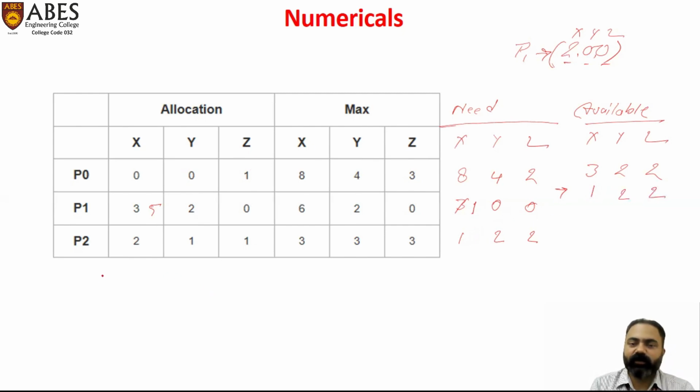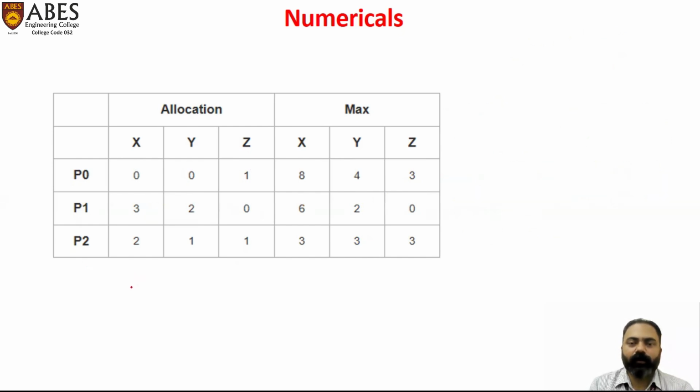Now check for the safe sequence. Can process P naught with need 842 execute with this availability 122? We cannot satisfy the need of P naught with this availability 122. So P naught will not execute. Now check for P1. The need of P1 is 100, which can be satisfied with this availability. So we will execute P1 first. After execution,